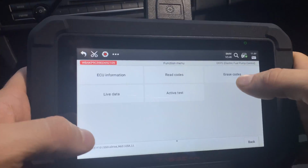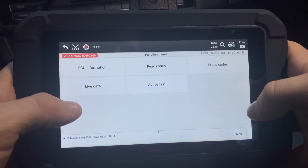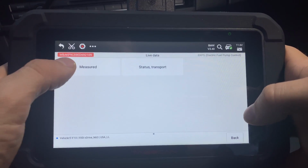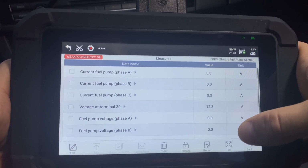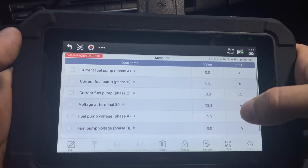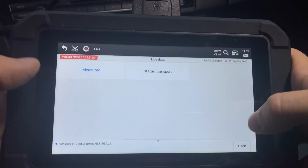We can read the codes, we can erase the codes, the BMW specific codes, or whichever make of car that you have. We can also look at the live data. So we can say measure data. We can look at all of this information, such as the fuel pump voltage, current fuel pump. Obviously the car is not running right now, so it's not showing all of that stuff, but very, very